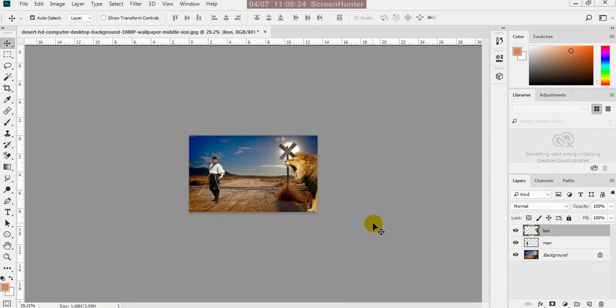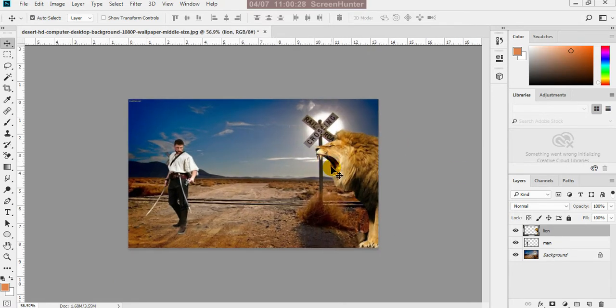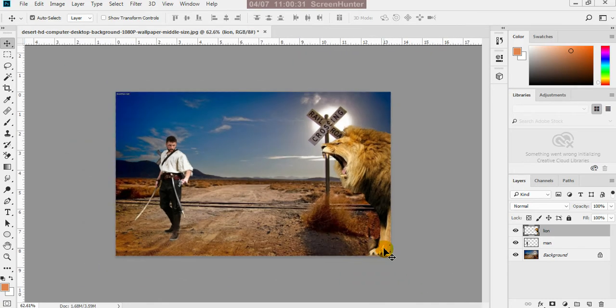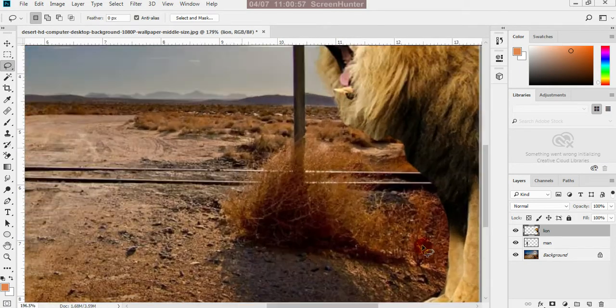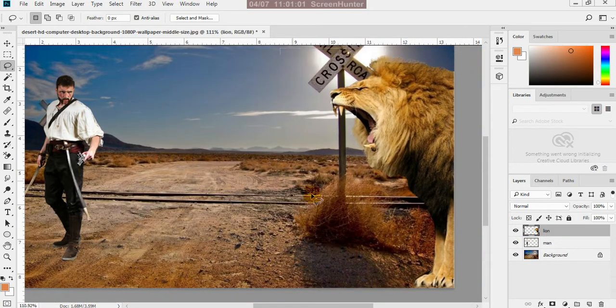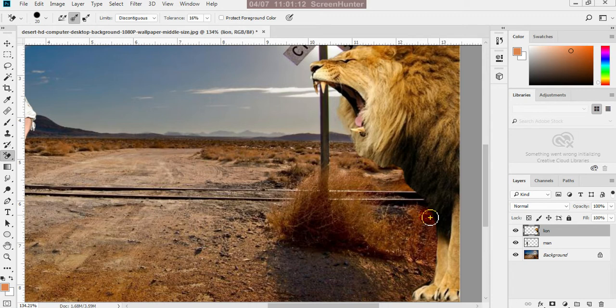Okay, now what I'm doing, I want to remove something here, so you can select this entire portion and you can delete it. Just Control D, delete, and Control D, deselect. Okay, now here I want to remove some portion here because there is